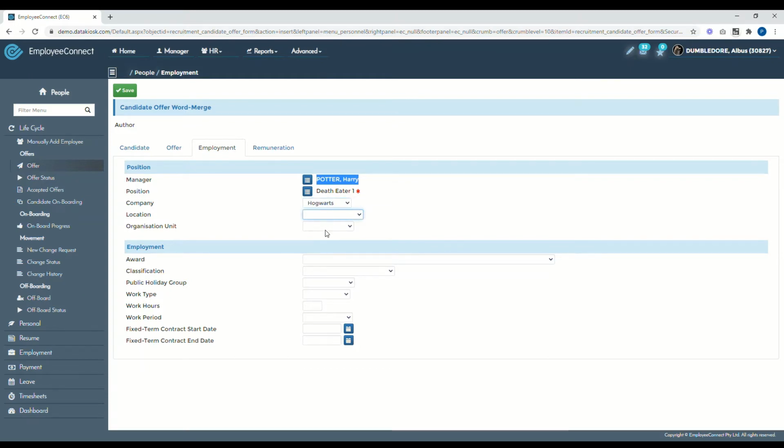Location, same. If you have different locations set up in EmployeeConnect, then you can set up the specific location where he will be joining. So if he'll be joining the organization under a location that is here, then select that. So for example, location 1, 2, 3, 4, you can select one from the list. Same with your org units. If you have several different org units, then you can specifically get one and then associate it to his employment record. Then set up the award,